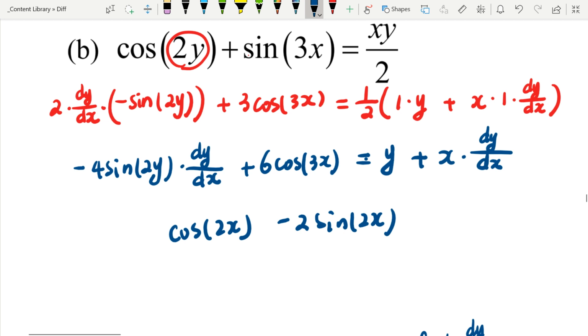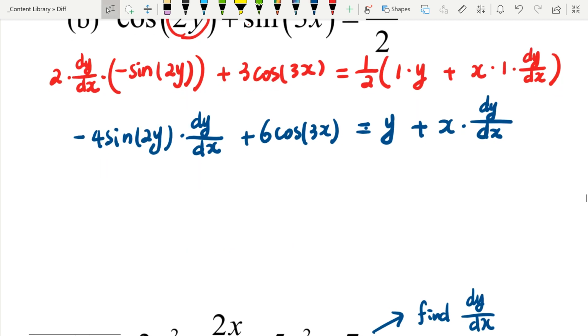Okay, so it's g dash x, f dash gx. So you only diff it once. So you only diff the 2y once. So that's the 2. And then cosine becomes minus sine, and then you put the 2y in it. So it's exactly the same. Cosine 2y will be that as well, and times dy dx on it. So what we will have here is